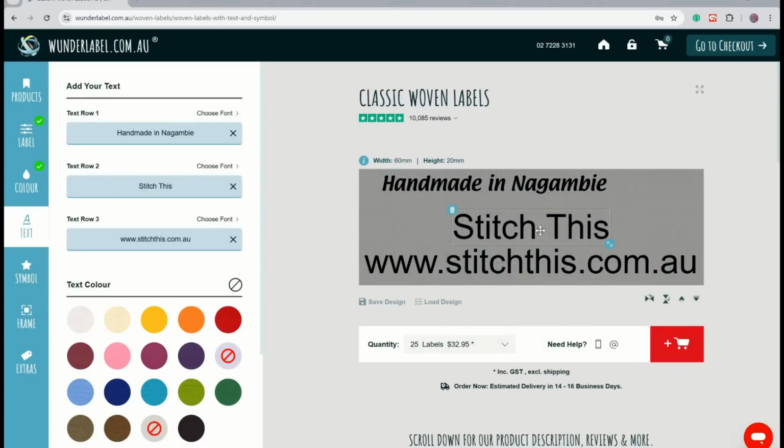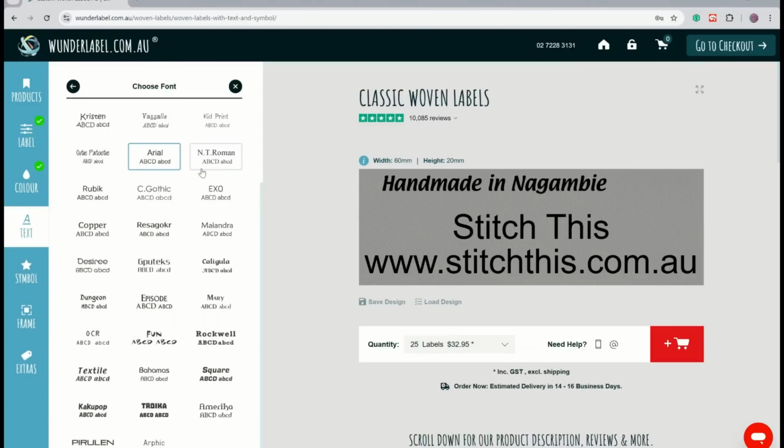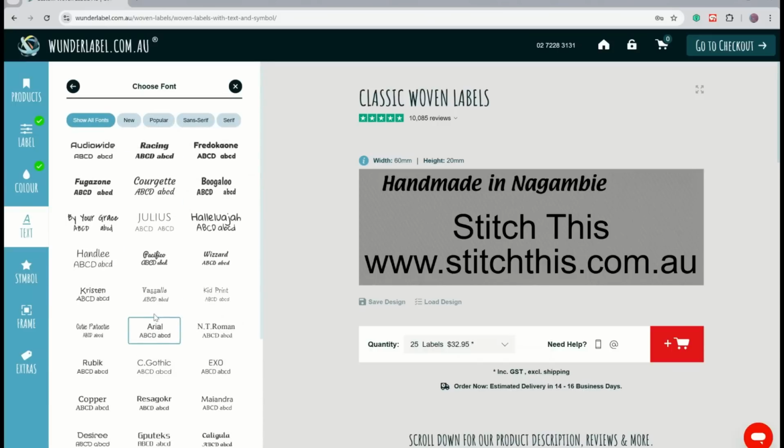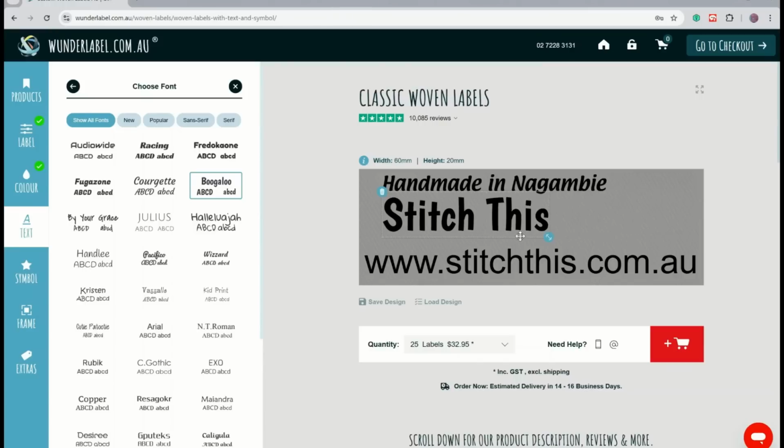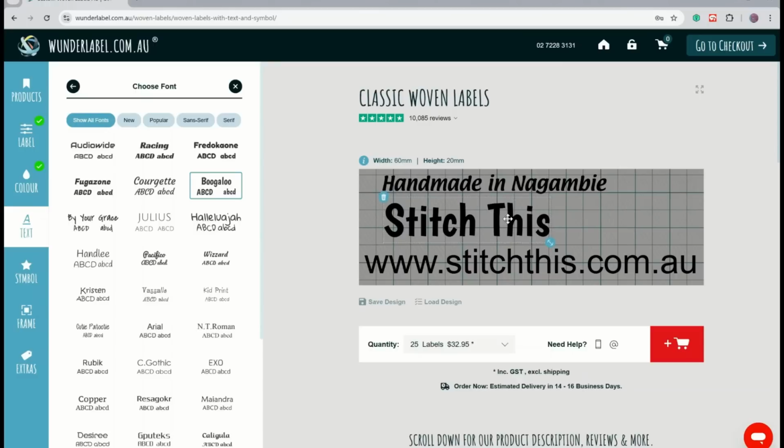Let's fix this one. Stitch This. Choose the font again. It's the name of my business. I do want this label to be a little bit bigger. Boogaloo. That looks okay to me. I will line that up along the side just under the handmade. I'll select that little arrow again, and I'll increase the size of this and center that in there,